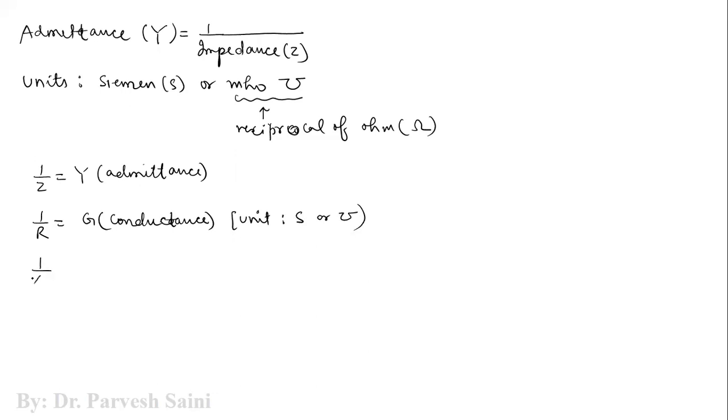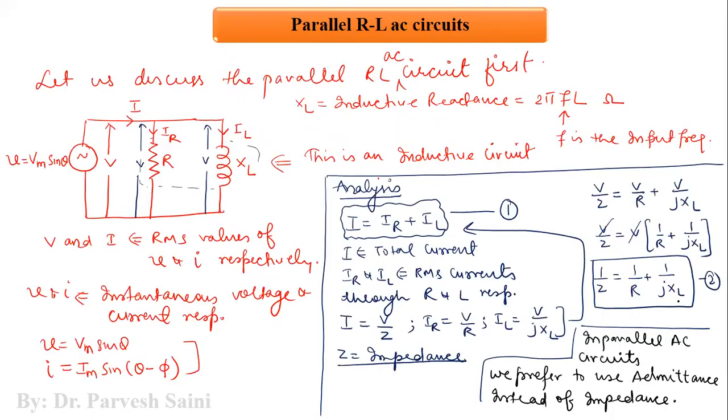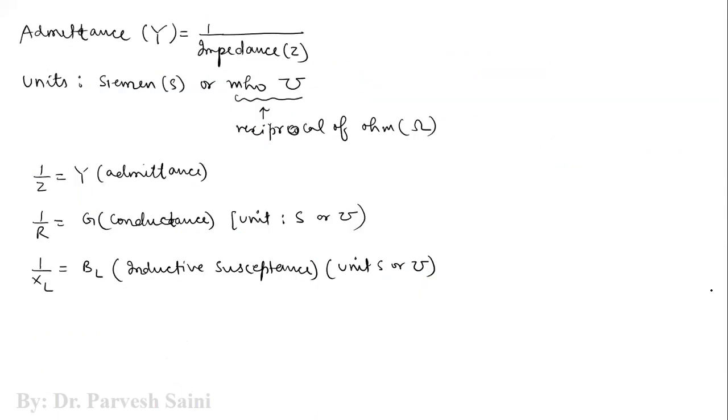And similarly 1 by XL is equal to BL, which is known as inductive susceptance, and again the same units, Siemens or mho. So if we substitute all this in equation number 2,